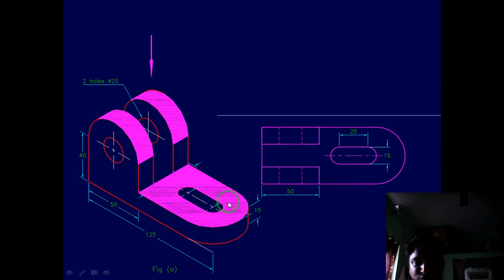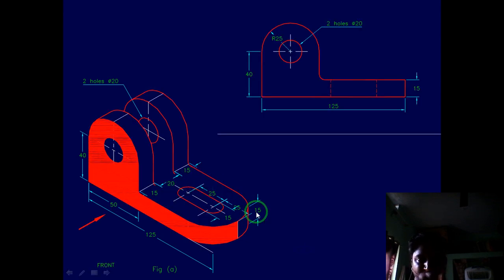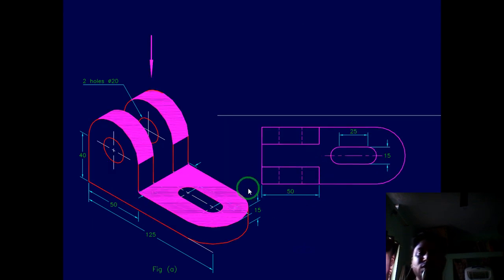This 25 is the same center line for the small semicircle and the big semicircle, so at a distance of 25, keep the center the same. Now from here, draw a semicircle of 50 diameter. See, he has given 25 as the center. That is about your top view.